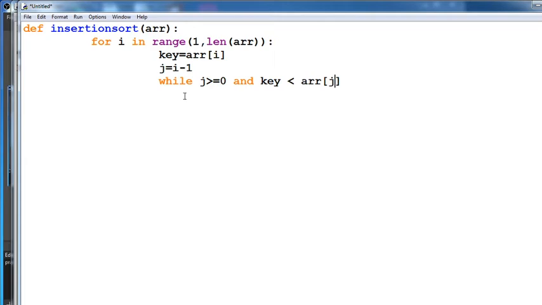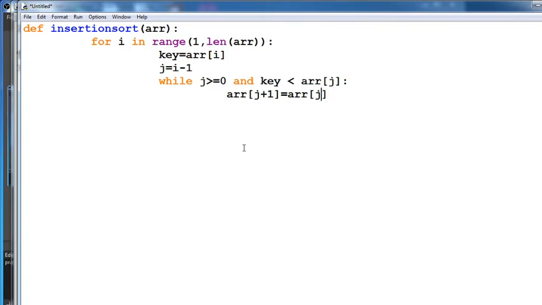Remember, i is used for your row and j for your column. Remember that. Then in the loop, array[j + 1]